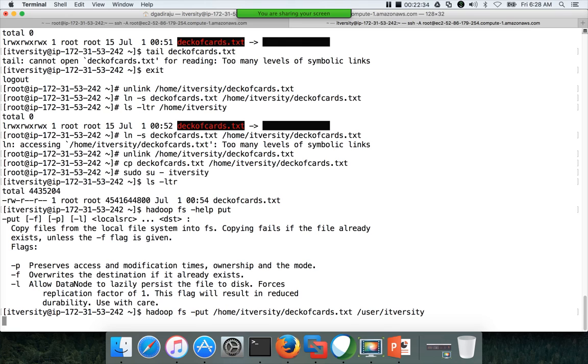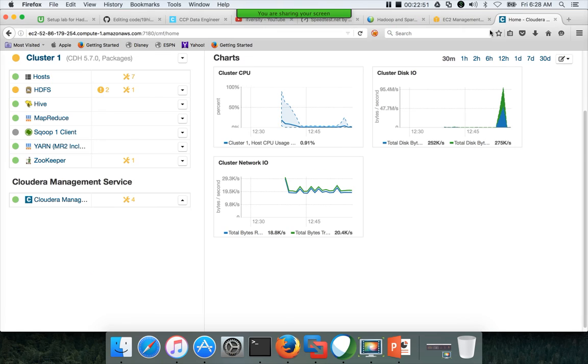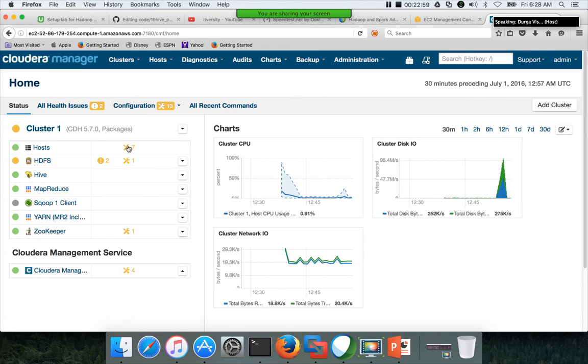So now what will happen is once I issue the command, I am issuing the command on the gateway node. From the gateway node, this 4 GB file will be divided into blocks, and those blocks will be distributed onto the cluster. So if you recollect our cluster configuration, I am already in the Cloudera Manager.